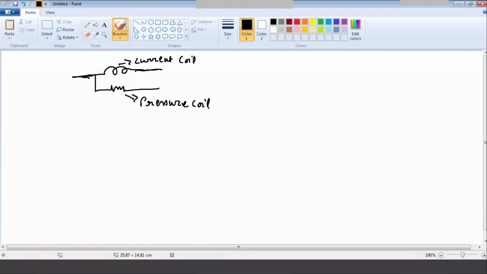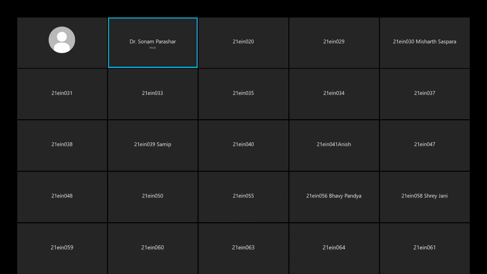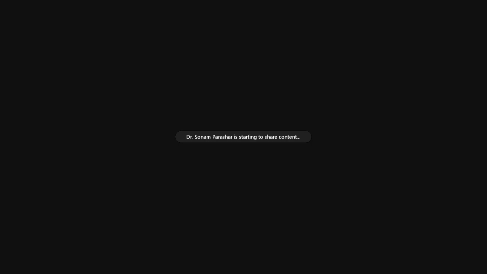Now let me give you the actual view of a wattmeter.